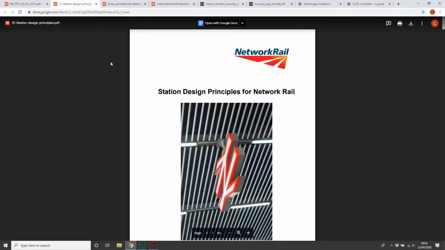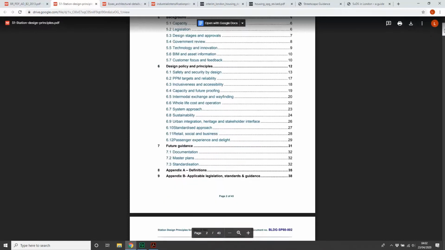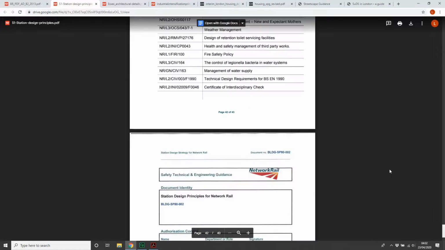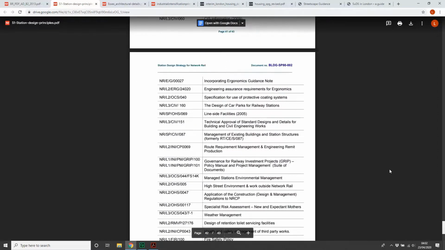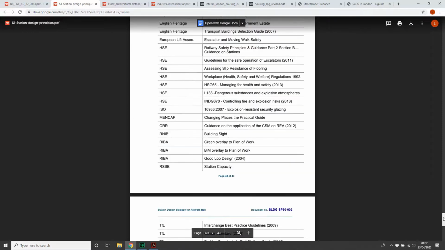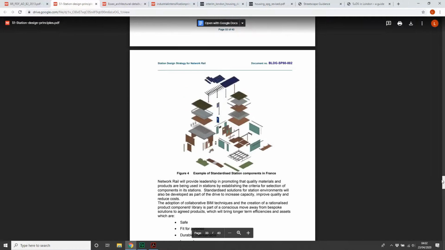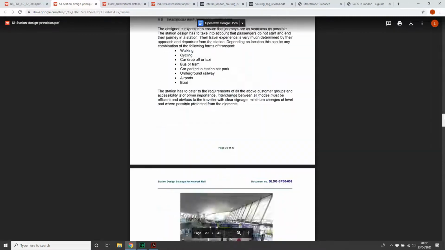I showed you a slide earlier of the Network Rail branding and lettering guidance, the typography rules. Station design principles for Network Rail. You're probably thinking, wow, amazingly interesting document this. Quite a short document. It's 43 pages. But it's a critical document. You can see here at the back, you've then got all of the guidance notes. And that's the breadth and importance of this sort of document. When you understand those, which one isn't ever really expected to fully understand, one then can understand the component principles of